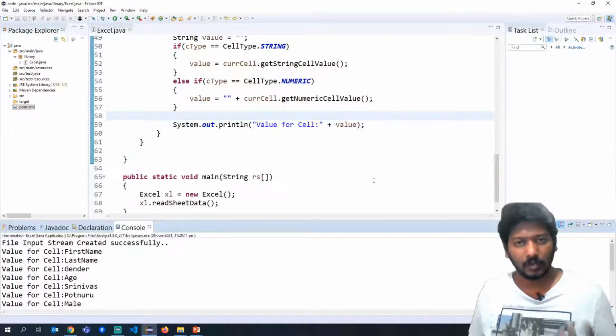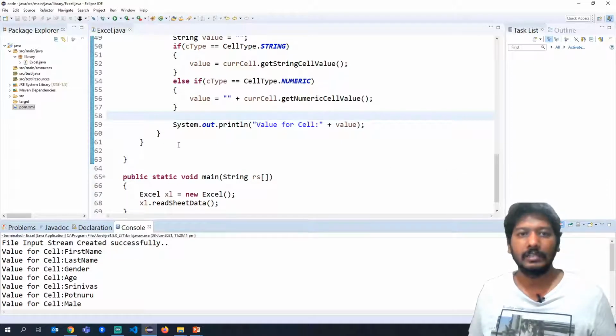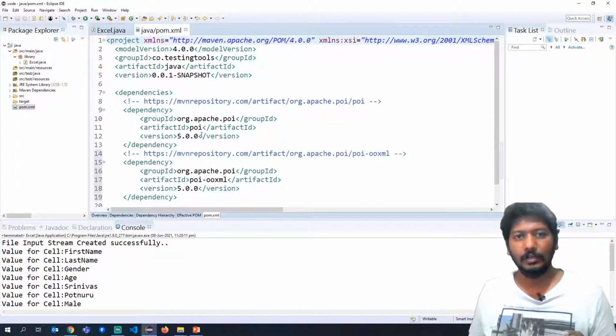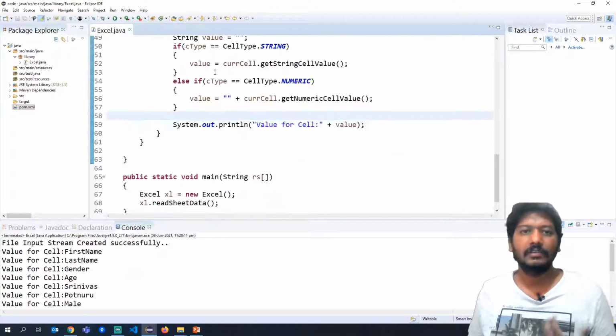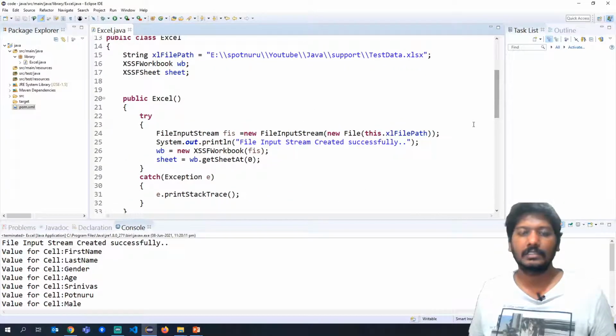Okay, so what we have done here, we have first added some Maven dependencies in our pom.xml, which is Apache POI and also POI OOXML. After you write this, the libraries will get loaded, and then we will start writing the code. So in this code, we are first trying to create objects for workbook and also for sheet. In the constructor, we are creating a file input stream for the file you are working with. We created the Excel file, I showed you earlier, and then we created a workbook, we created a sheet.